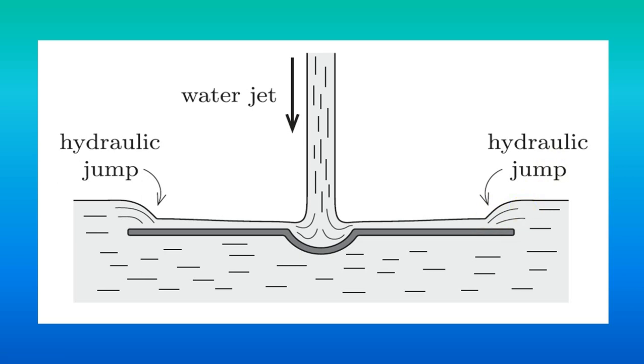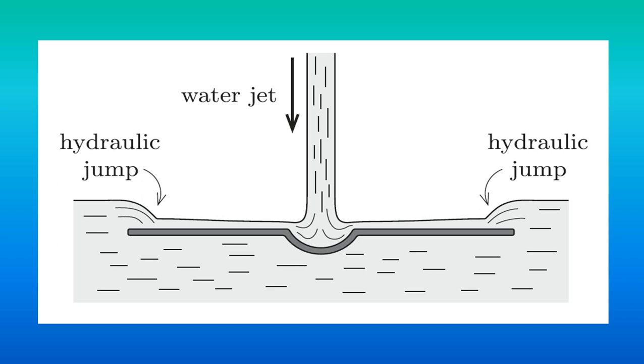Now our task is to determine why the disk is not sinking, even with the large force acting on it, the impulsive force due to the water jet. The second part is finding the location of the hydraulic jump. Where is the hydraulic jump located? You can pause the video and start solving the question, or you can continue and see the solution.